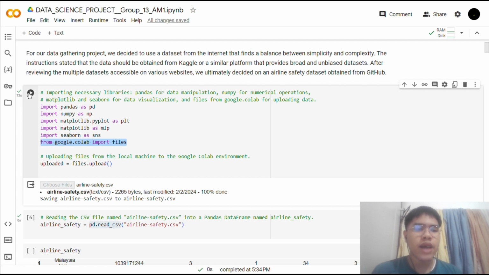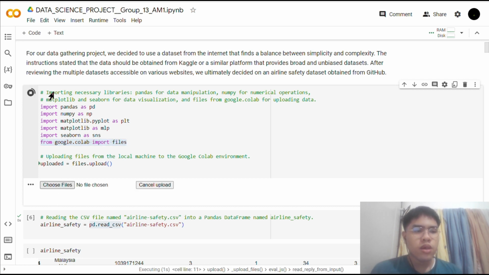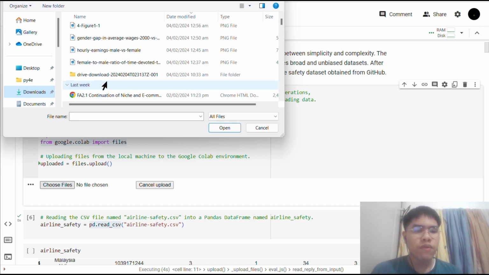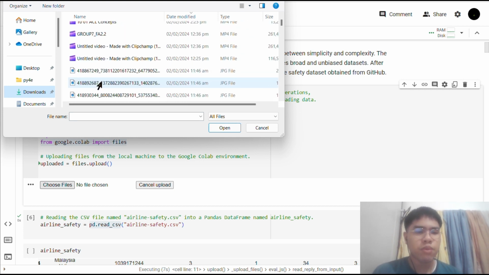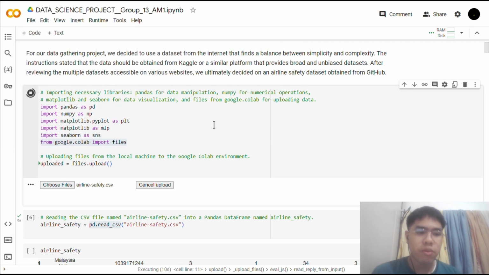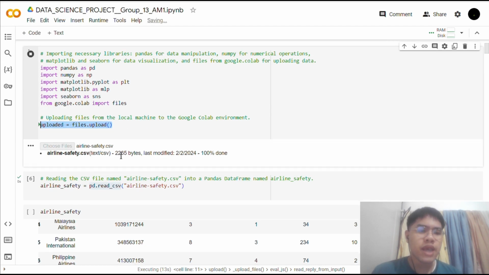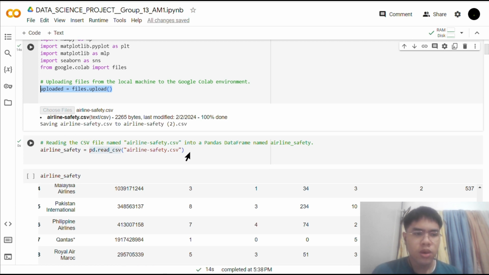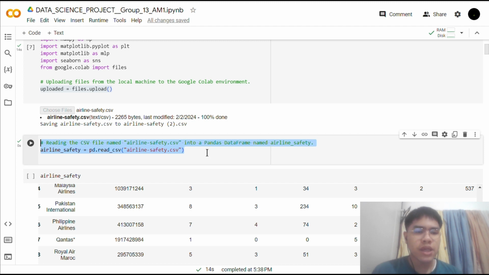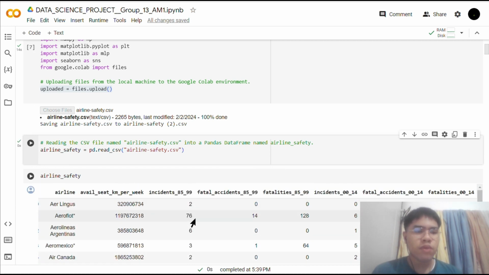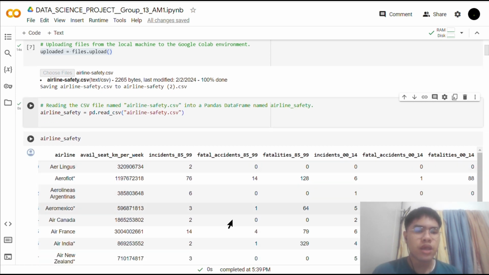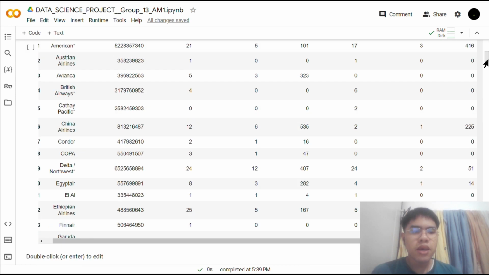Second, we uploaded the data files needed for our processes. The files.upload function from Google Colab is used to upload files from the local machine to the Colab environment. Third is reading the CSV file into a Pandas data frame. This code reads a CSV file named airline-safety.csv into a Pandas data frame named airline_safety. This assumes that the CSV is uploaded using the file dialog in the previous step. The pd.read_csv function is used to read the CSV file into the data frame, making it ready for further